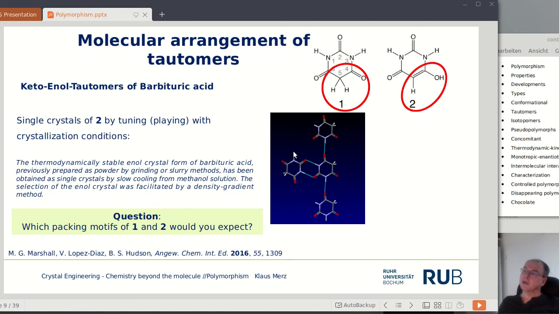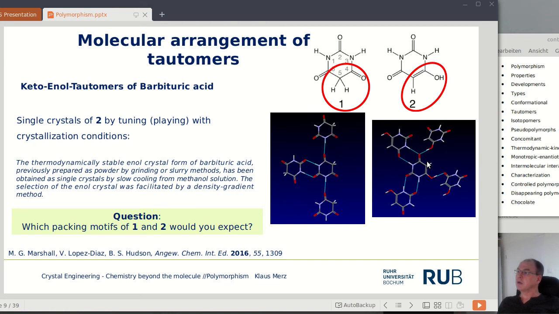Yes. And additionally, you will find the one-point intermolecular interaction of the keto function with a neighboring amino group. On the other side, in contrast, if you look at the enol form, in this case, really 2 amide groups, 2-point synthons, are observable in the crystal structure,